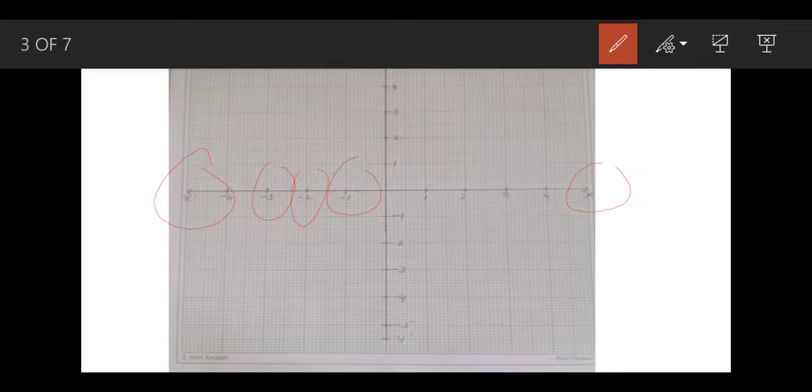Similarly, in the y-axis, this is 1, 2, 3, 4 and so on. Here -1, -2, -3, -4 and so on, and arrows on both the sides. Again coming to x-axis, this is represented by x and this is x dash. X dash means x and a small line. This is x. Here it is y and here it is y dash.